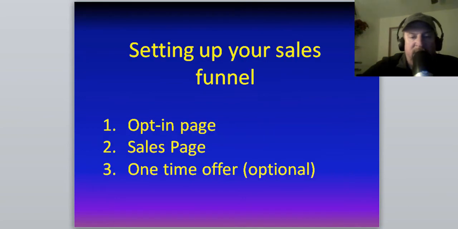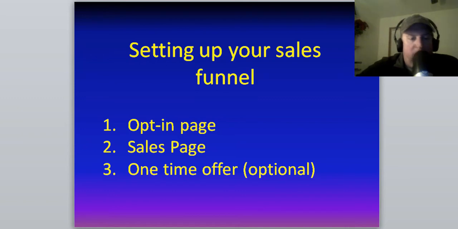But essentially, what a sales funnel is, it's an opt-in page and a sales page. And a lot of times you'll get a one-time offer. Sometimes you'll have a couple of those one-time offers within your sales pages before you go to the main checkout page. Now, typically, the business opportunities that I run and promote require basically two pages, an opt-in page and a sales page. I may go to an application page as well. I do that with my big ticket program to kind of weed out people, but I use it as a filter. But with the Power Lead system, it's opt-in page and sales page.